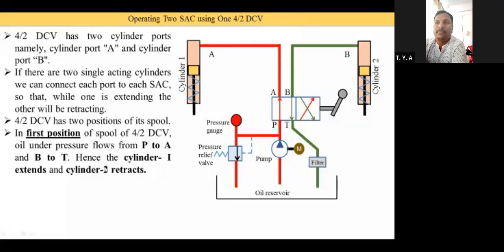P to A and B to T. Okay, so here you see the oil coming from the pump is entering the P port. From the P port, oil is supplied to the A port. That means this pressurized oil goes through the A port, following these pipe connections. Okay, so here the red color is used for the pressure line as well as